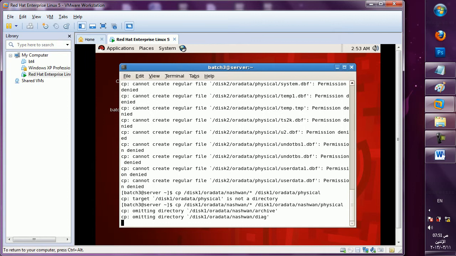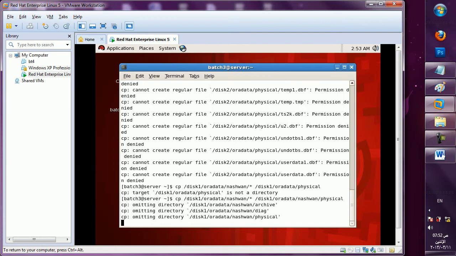From this one to this one, duplicate the file in that physical folder. In Nash1 we have created one physical folder, so we are making a copy there only. If any folder works, no problem for us. I can solve that again from root, because for that partition disk 2 I have to give the rights. It is not taking directories. The cp command only copies files.